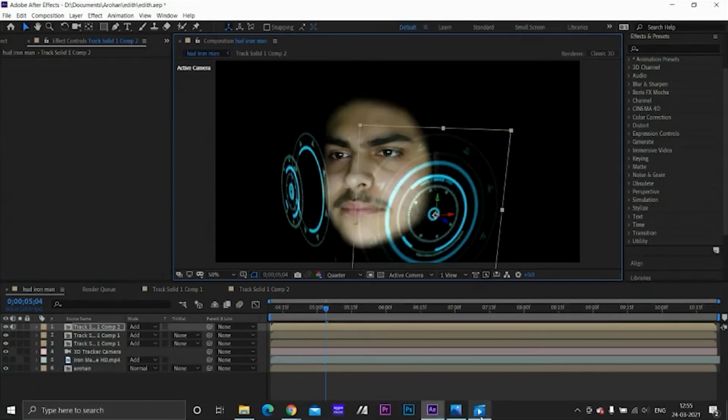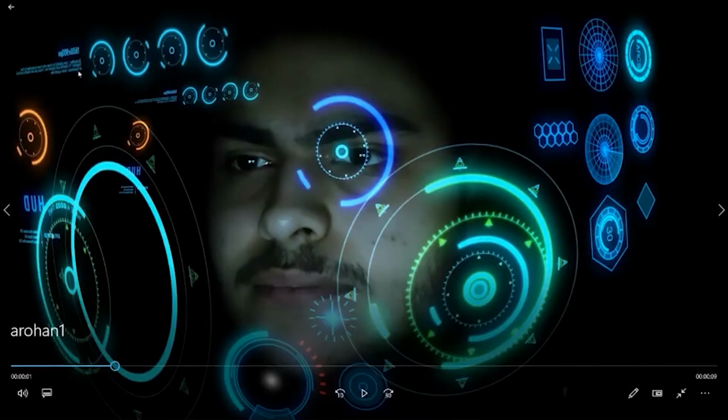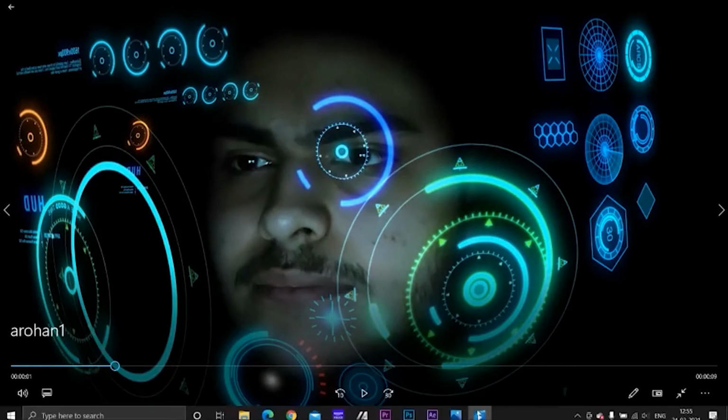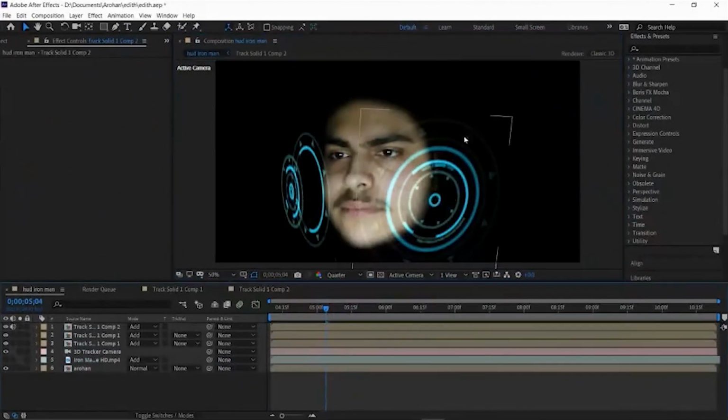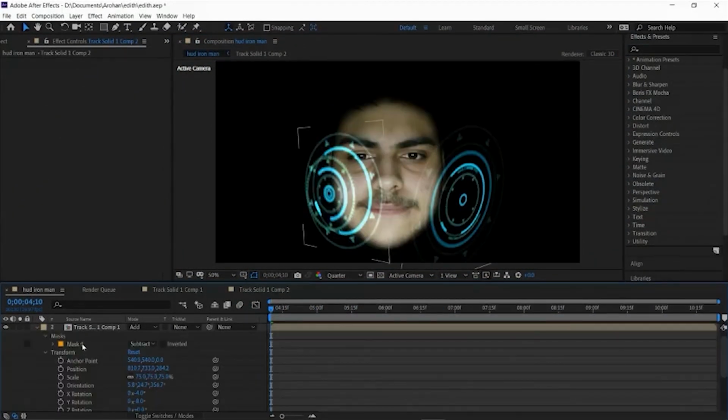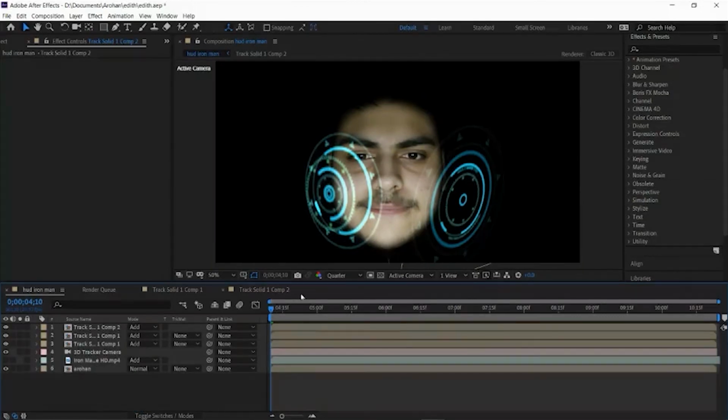In the final video, I've added this many. You can add anywhere you want. It's the same process. Keep doing it again and again, then you'll get this. Also, the thing you're duplicating is the layer itself, not the mask. Okay, so you need to duplicate the layer, and then in the different layer you can change the mask setting, not in the same layer. Just make sure of that.